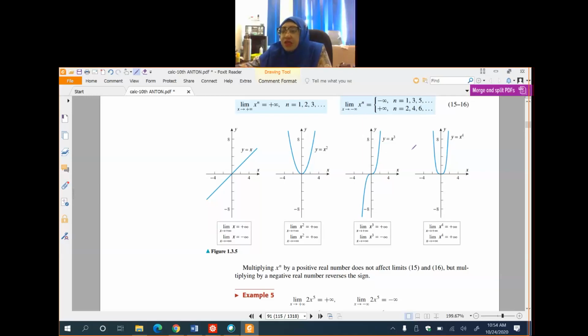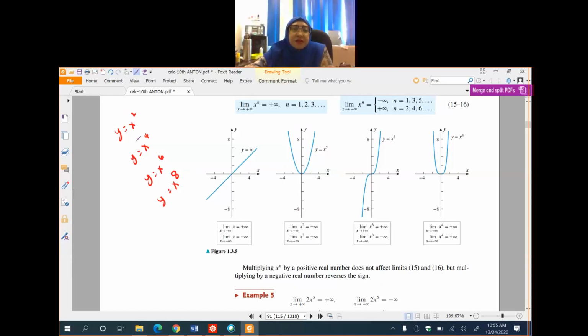So this will continue. So the shape of the graph for y equal to x squared, y equal to x to the power of 4, y equal to x to the power of 6, y equal to x to the power of 8, they are all similar. Okay? What's different is just the shape of it. The shape is similar, but how slim the graph is will be different. Okay,